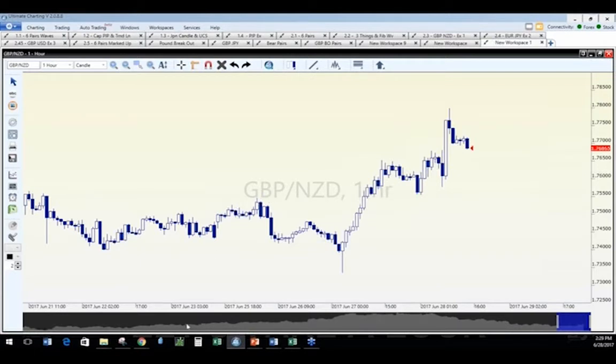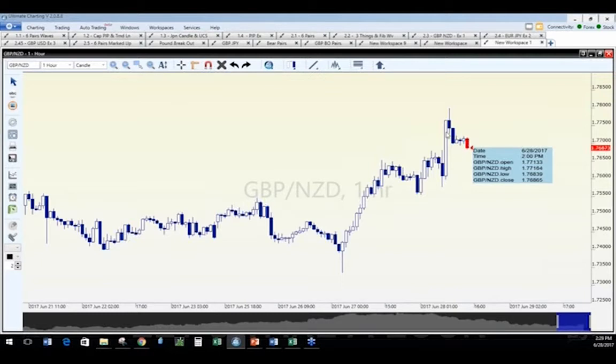That's all there is. Down here in the bottom is time. So for example, right now we have June 27th, and right now we have June 28th, 2017. If you click on the actual candlestick, hopefully you saw a little box, it'll tell you the date, it'll tell you the time, and it will actually tell you the range of that particular candlestick.